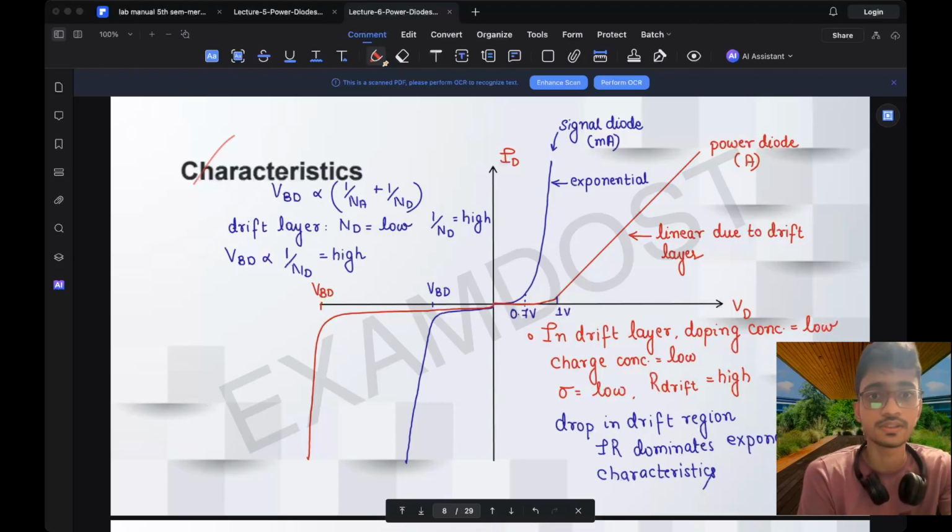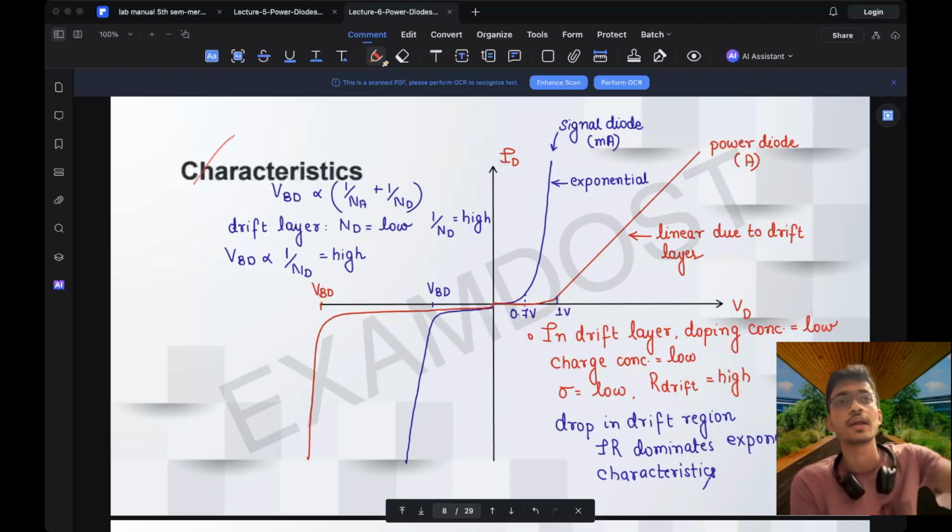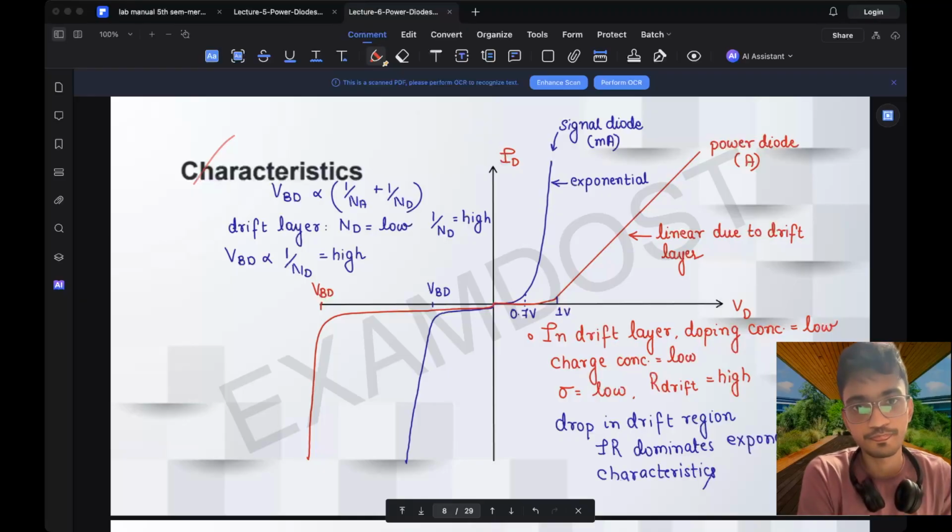And after some knee voltage, it's not breakdown. The current increases drastically, exponentially, because the depletion layer vanishes. We can say it is exponential in the signal diode, and the rating is obviously milliamperes. And in power devices there would be amperes, the current rating increasing due to the vertical orientation of the power electronic devices, and linear due to the drift layer. Okay,